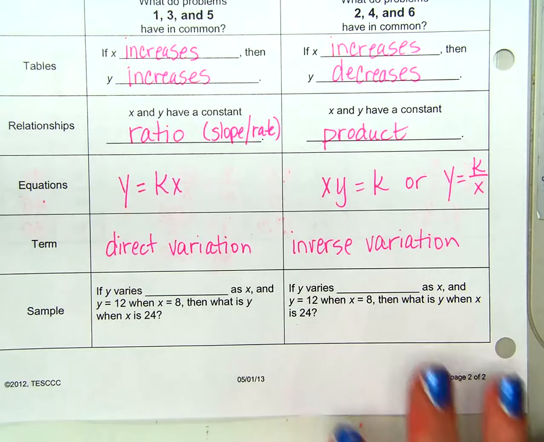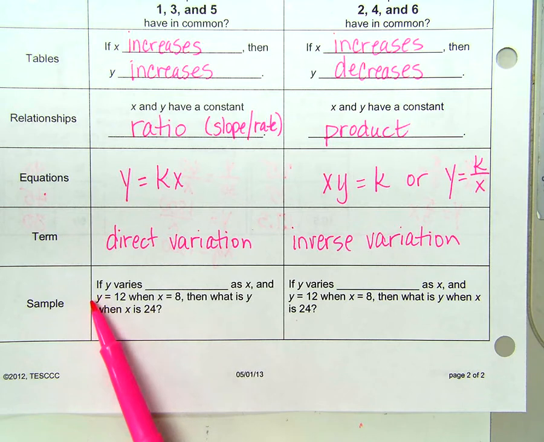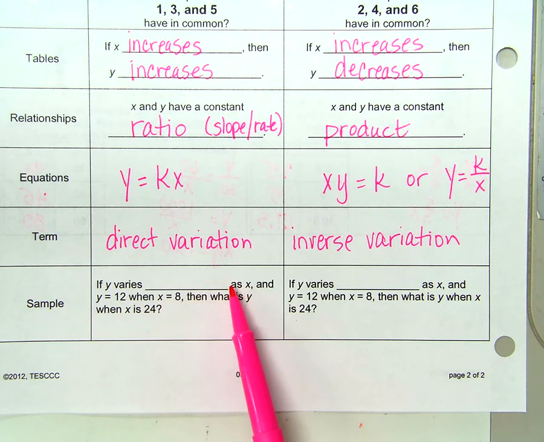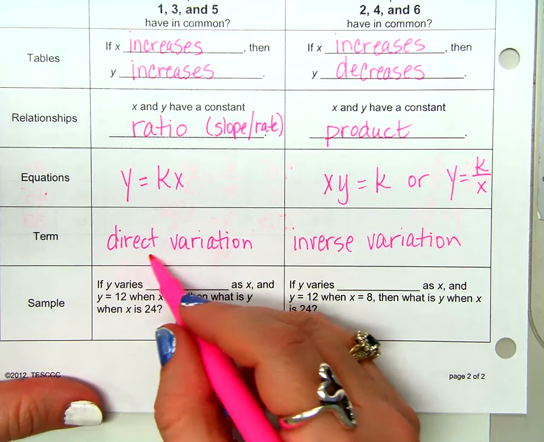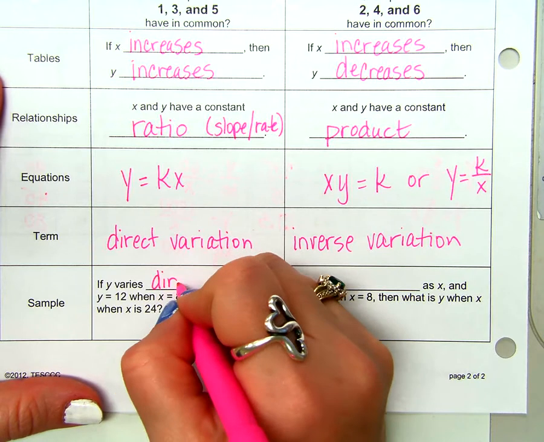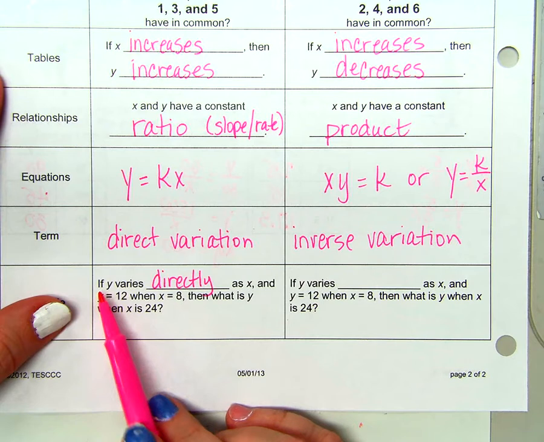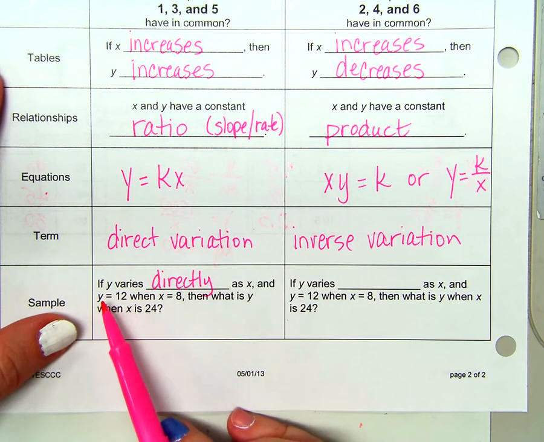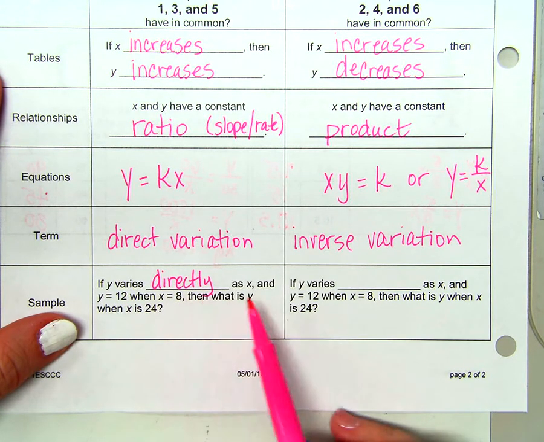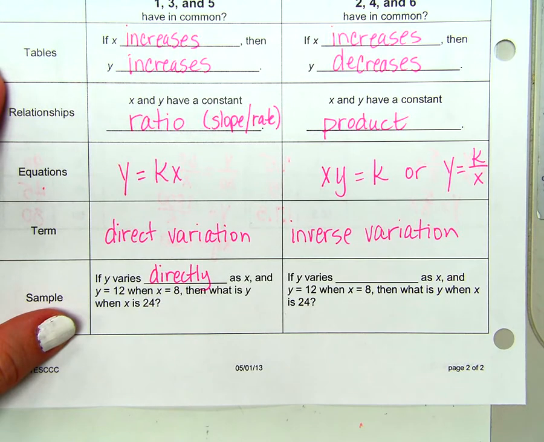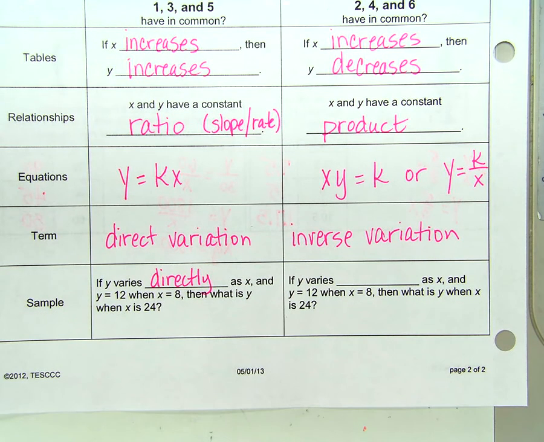Here's a sample problem that you will see. If y varies, how is it varying? Directly. As x, so it's telling us y varies directly with x, and y equals 12 when x is 8, then what is y when x is 24? So it's telling us enough to first find k. That's what we have to find first is k. Okay? So if we know that y is 12 and x is 8,